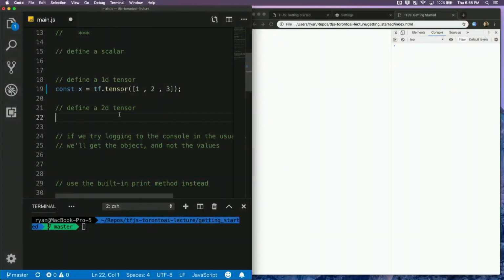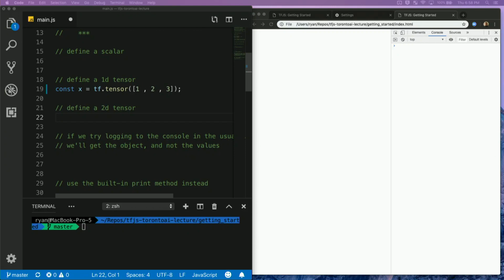in this, you just define a new variable here in JavaScript. You use const or let, and so tf calls the TensorFlow.js library, and then you just write tensor. So that's a method, and the input to that method is simply a JavaScript array. So in this case, we're going to make a vector 1, 2, 3, and I promise I'm going to move on very quickly because for some I know this is painful, but it's important that we cover some of these key concepts so you're not confused later. So that's how you define a tensor.